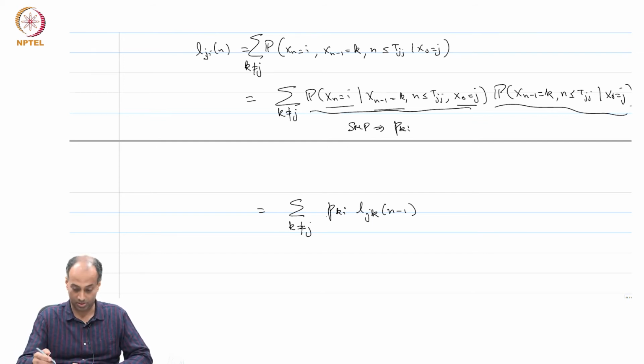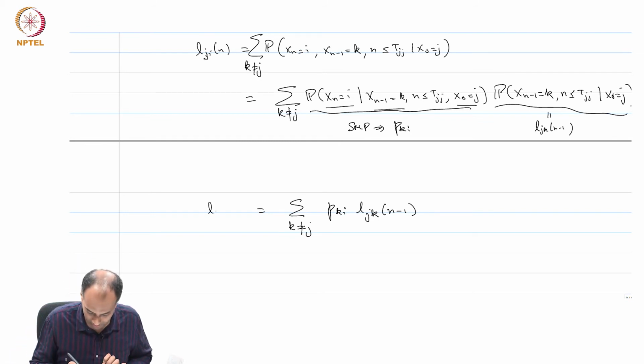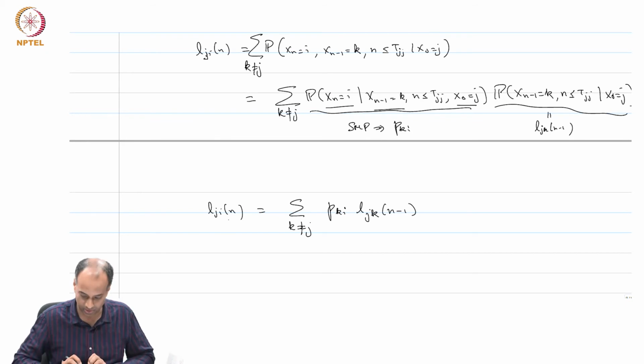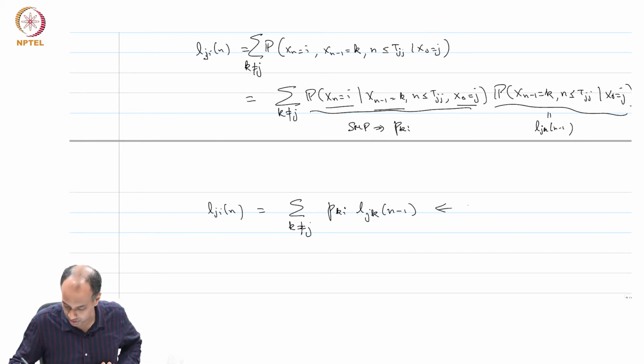This involves the strong Markov property, and then arguing that you have not returned to j. So, this will just turn out to be equal to L_jk of n minus 1. Okay. So, that is good. What I have shown is that L_ji of n is equal to that. So, I substitute this back in star.